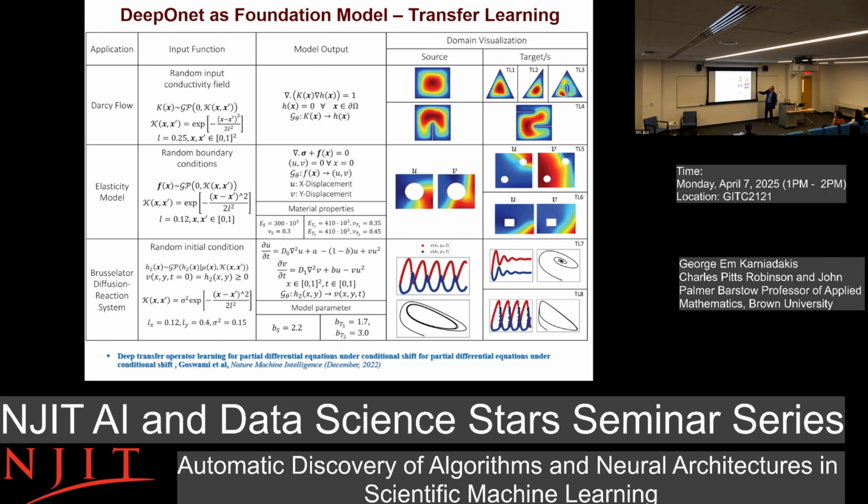Here I have a summary of many cases where we solve, let's say, this equation here, like a divergence of some known or unknown field times the gradient of H. It's called for porous media. This is elasticity equations. This is equations from chemical engineering, and so on. So you basically train them the way I discussed, and you can train them on these domains. And it turns out that with a little bit of transfer learning, you can also transfer them to different domains, different states. For example, here we train on a limit cycle, and we can transfer to a fixed point.